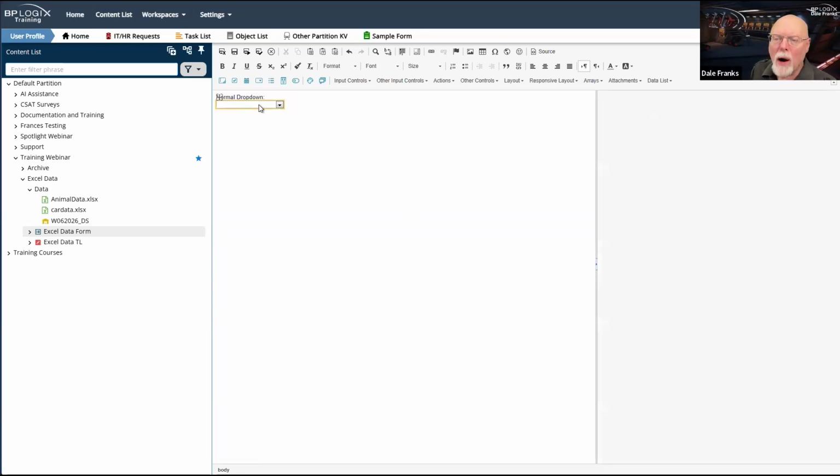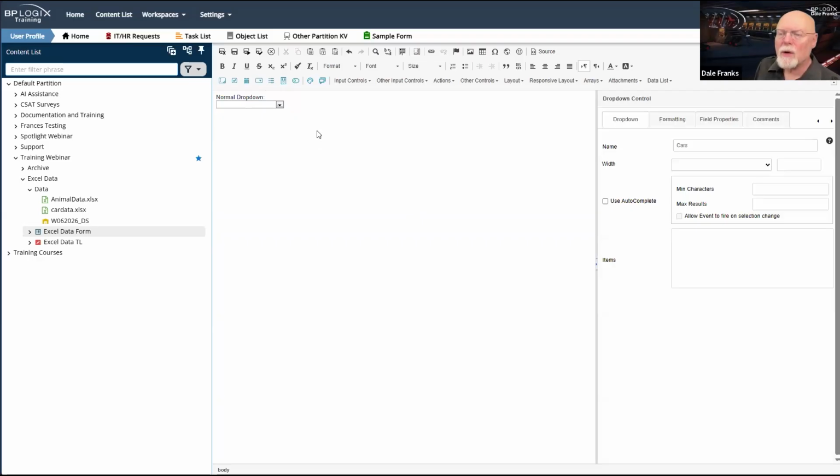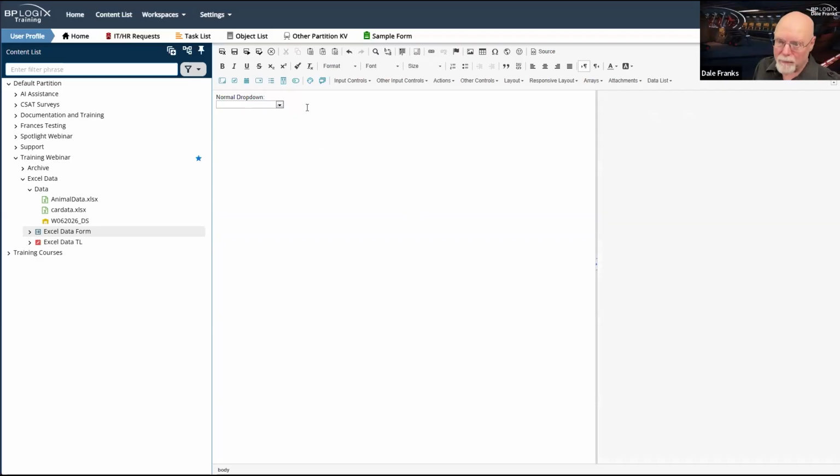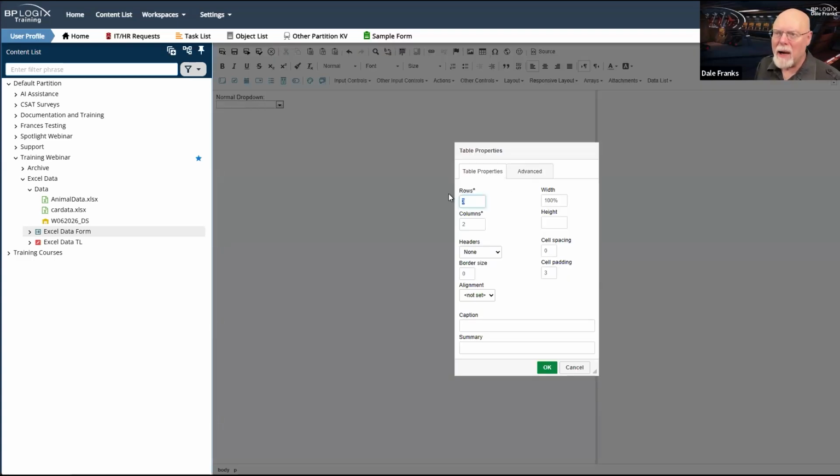All right, well, I've got my drop down. So here's what I want to do. A, we want to fill the drop down. So that's going to require us to do one thing. The other thing that we're going to want to do is set some data. And you know what? I probably should set this up in a table. So let me just do that. I've got make, model, and year, right? So I need one row and I need 3 columns.